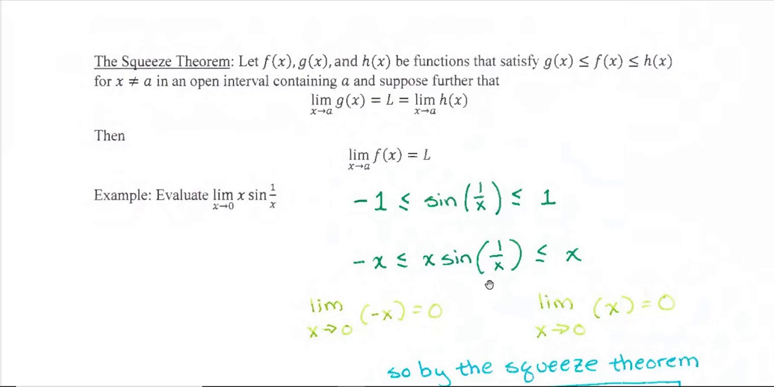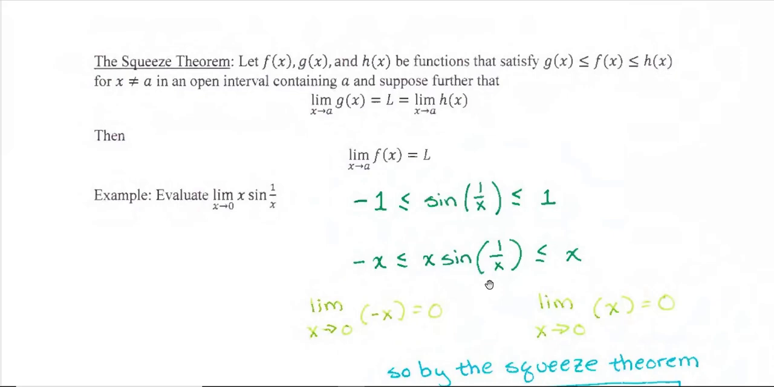I have a theorem for you. This is called the Squeeze Theorem. So if f of x, g of x, and h of x are functions that satisfy that g of x is always less than or equal to f of x, and f of x is always less than or equal to h of x, for x not equal to a, in an open interval containing a,